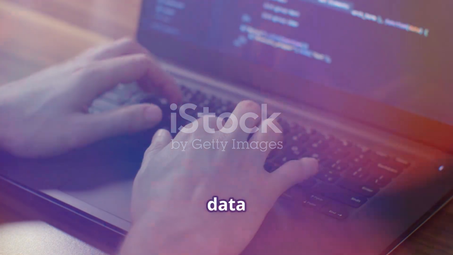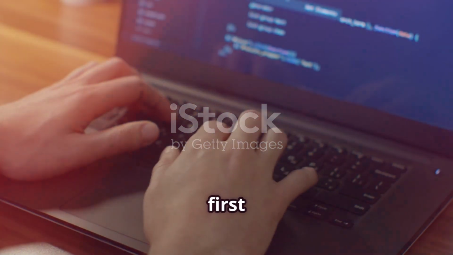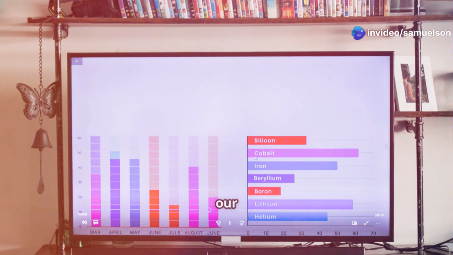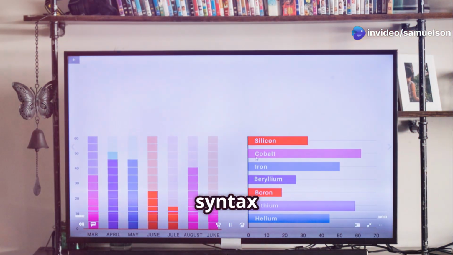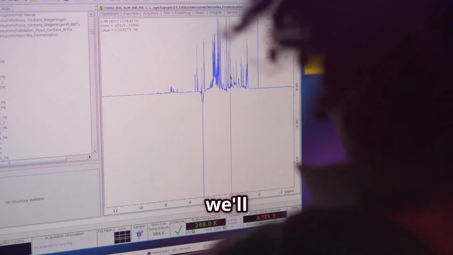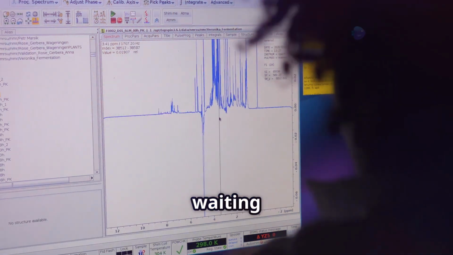Imagine yourself as a data wizard, fingers dancing over the keyboard, conjuring up your first plot. Our first spell? A simple bar chart. This will be our gateway to mastering the basic syntax and workflow of Plotly. For this magical demonstration, we'll use a sample dataset provided by Plotly, a treasure trove of data waiting to be